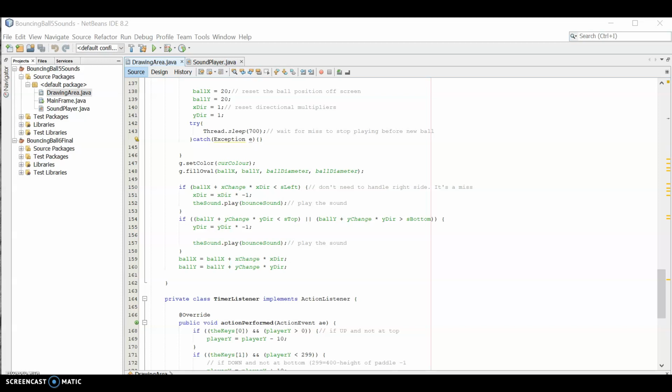paddle. The way Java works is that if I were to just put your sound handling code in my drawing area right here, every time I played a sound, the sound would play and you would hear it, but the ball would stop moving as long as the sound was playing. And that's not really the way we want to have it. We want to have it that the sound will happen and the ball will keep moving while the sound is